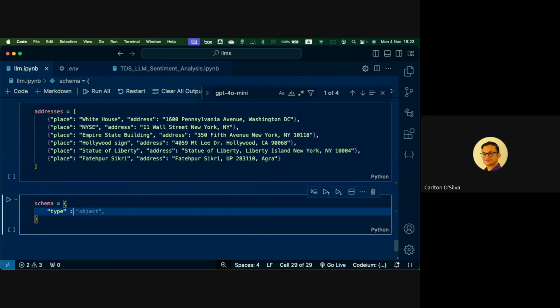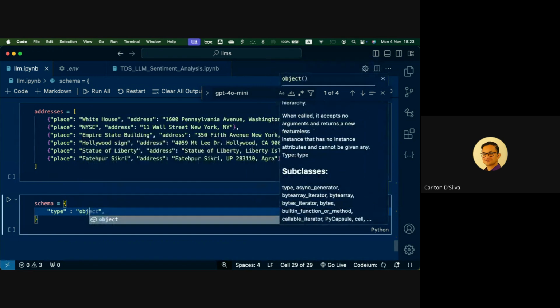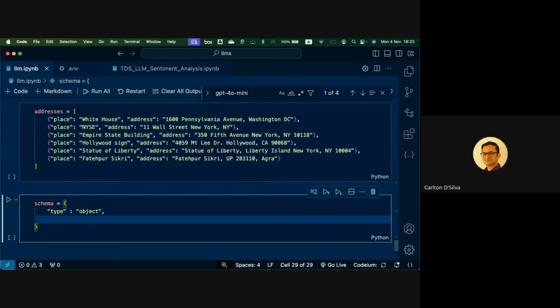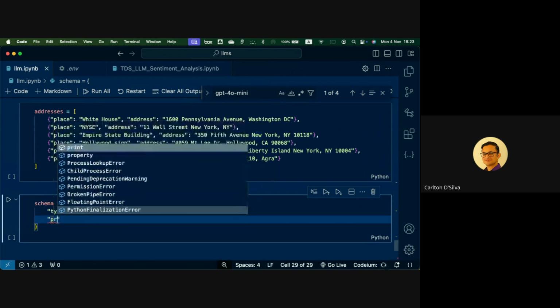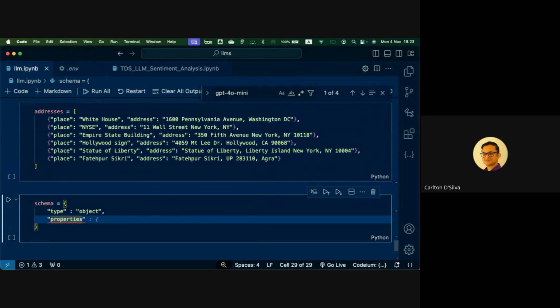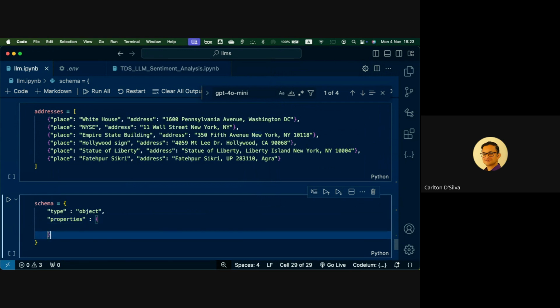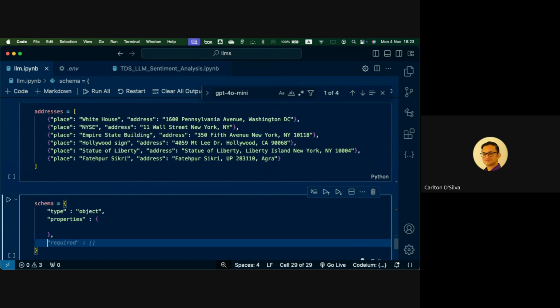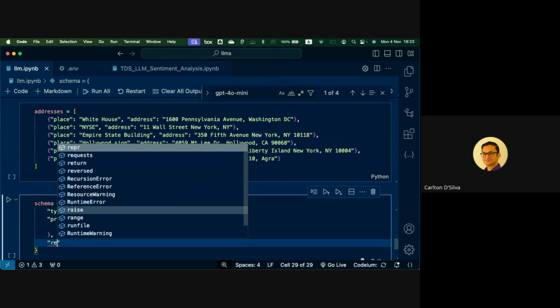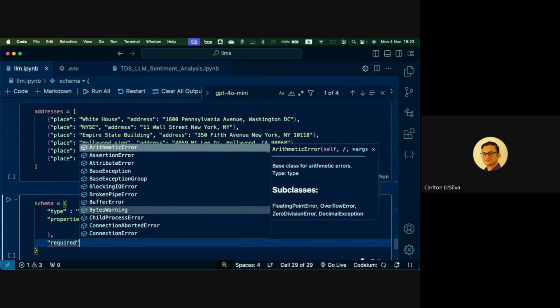So for our purposes, we will look at a basic schema. Okay. So there'll be a type, and we'll call it object in this case. And the second thing is, when you give it a type, you have to also tell what the properties of this type are, right? Because it's an object, it will have some properties. So I'll just put this as a dictionary key value pair. And the third thing you require in a schema is that you may have some things that are required. Okay.